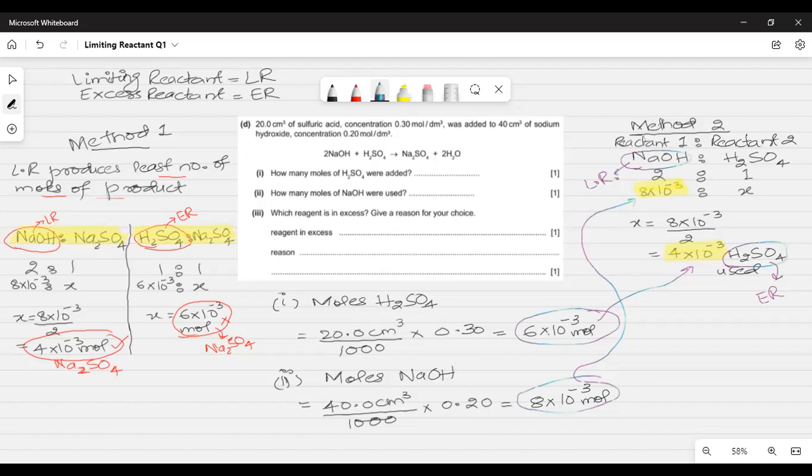Why excess reactant? Because you started off with 6 into 10 raised to power minus 3 moles. You only used 4 out of it, and you are still left with some amount of it, which clearly gives us the idea that 6 into 10 raised to power minus 3 was the total amount, and we only used out of it 4 into 10 raised to the power minus 3, which is the consumed amount, right? And the amount left unreacted would be the answer of this subtraction, and that is 2 into 10 raised to the power minus 3 moles of